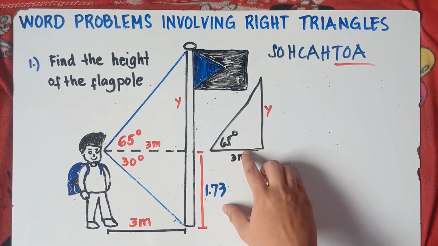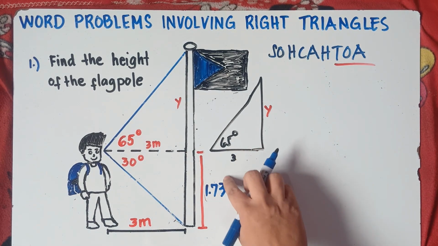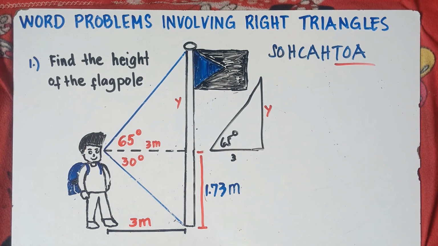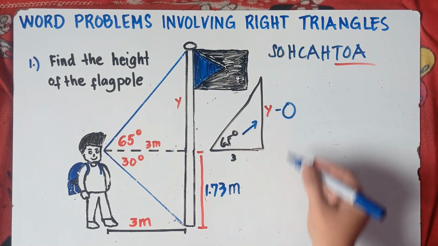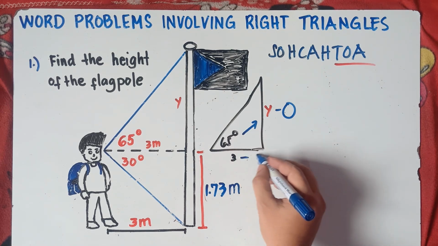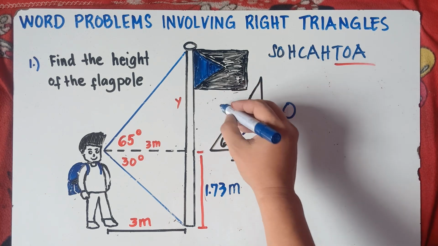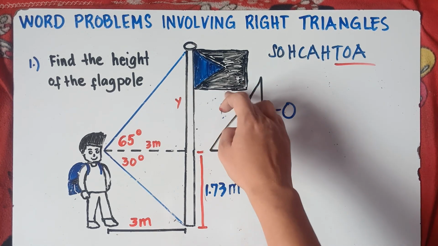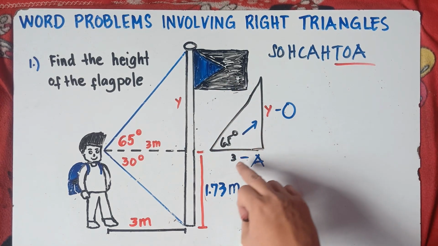Alright, so let's ignore first the units. 3 meters. So a while ago, 1.73, we forgot the units. It should be 1.73 meters. Alright, so which sides are involved? So once again, if this is the angle, opposite of this angle is what we call the opposite. Right next to this angle is the adjacent. The longest side is the hypotenuse. We don't have any value for the hypotenuse, so let's ignore it. Hypotenuse is not involved. So we have y involved and then 3 is involved.